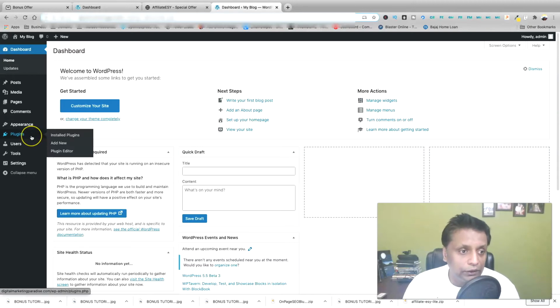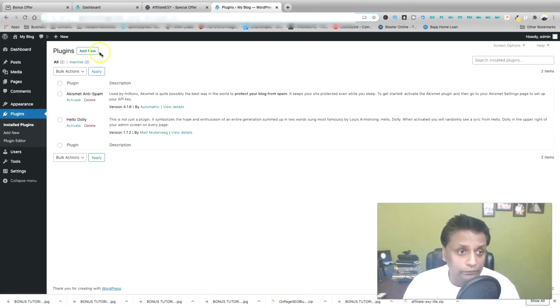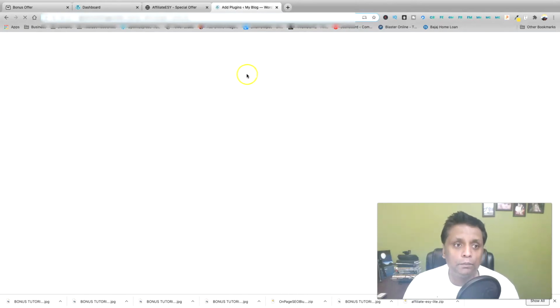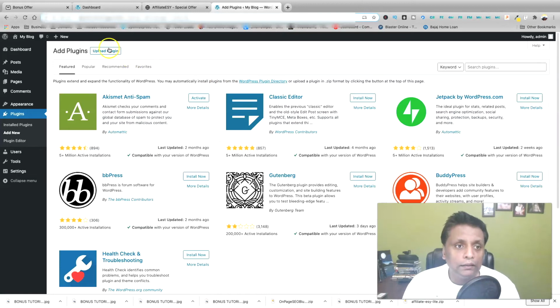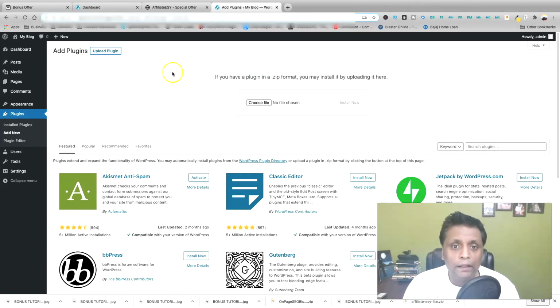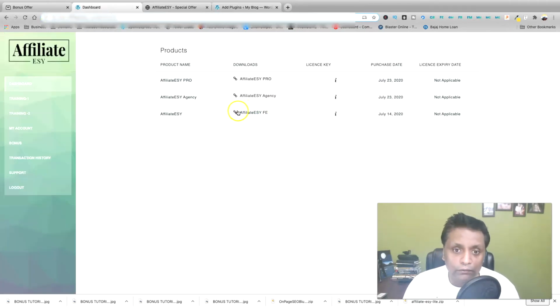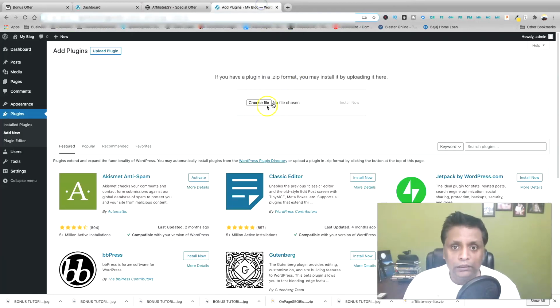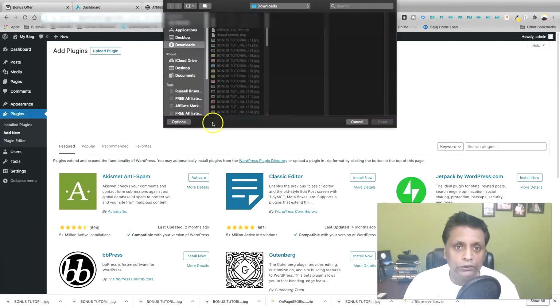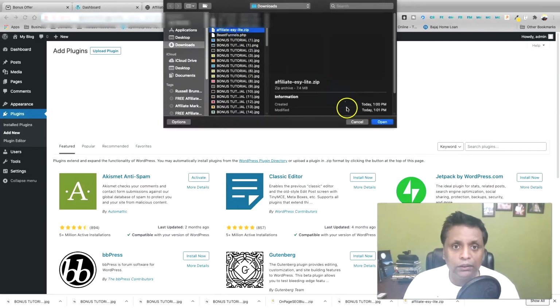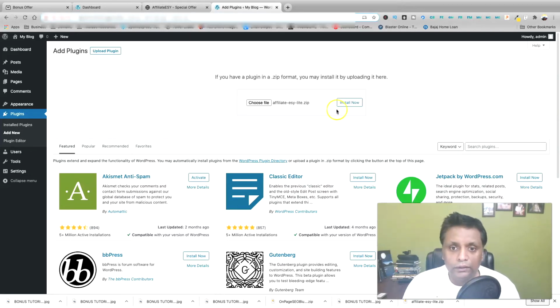For that you need to go into plugins and click on add new, and then you need to click on upload plugin, and you have to download the file from the members area, which I have already downloaded. So let me just choose that file which I have downloaded, and you need to click on install now.